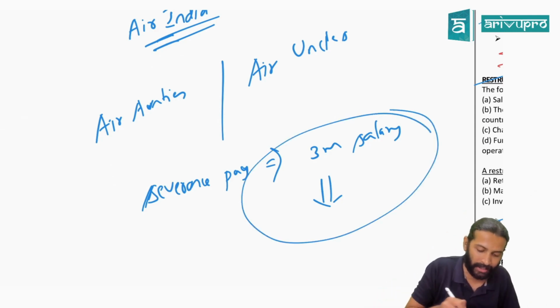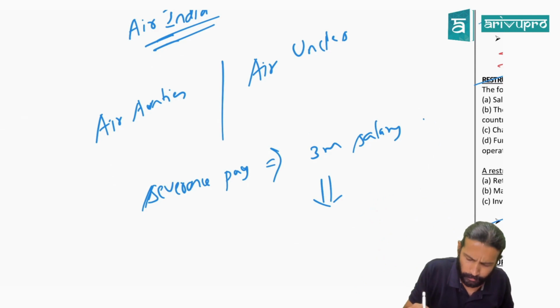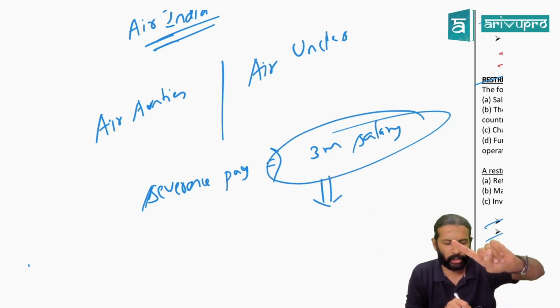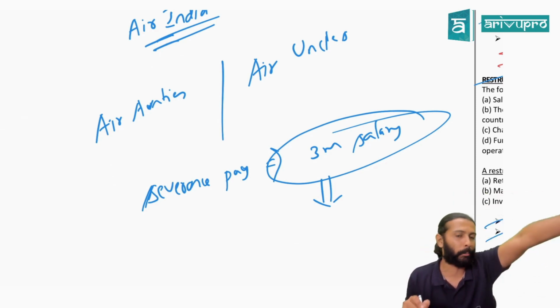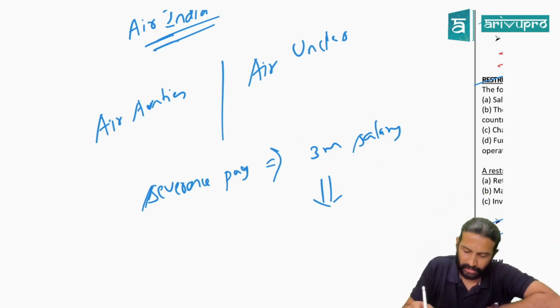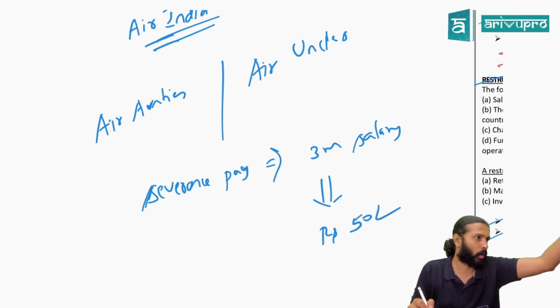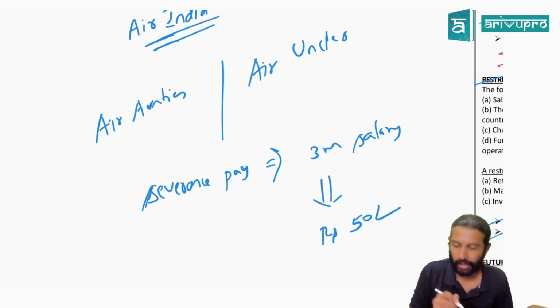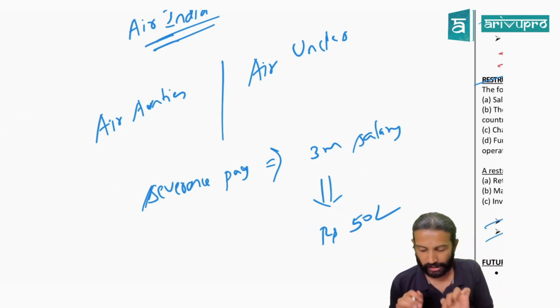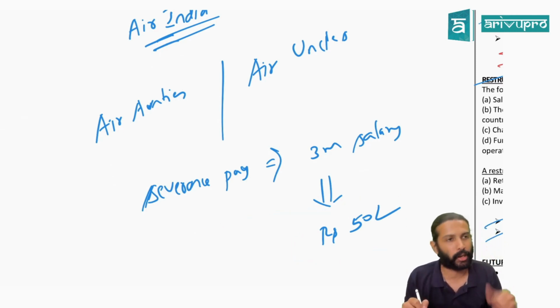Is Air India committed to this, sir? Yes, clearly they told the employees what? I will give you 3 months salary and don't report to work from the next month. That means clearly it's been communicated to the employees. Let us say this 3 months salary comes to 50 lakh rupees. For all the employees whom you need to fire put together, this comes to 50 lakh rupees. Is the organization Air India committed to this? Yes. That means can you make a provision for this restructuring? Yes.